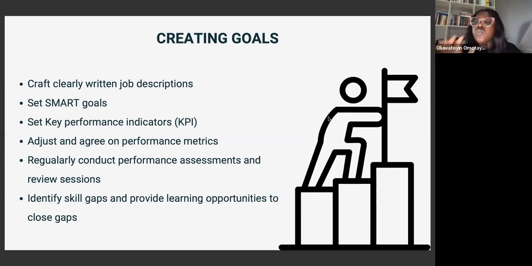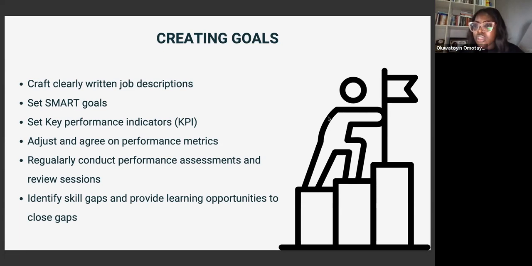What I tell people is when you hire an employee, you should do an assessment after 3 months, at least. At the end of 3 months, or even before 3 months, maybe at the end of 1 month or 2 months, you can call them and say,